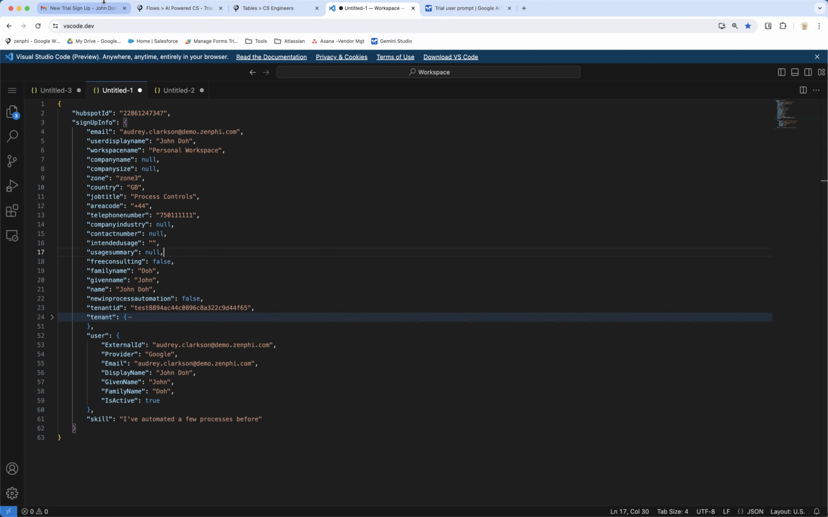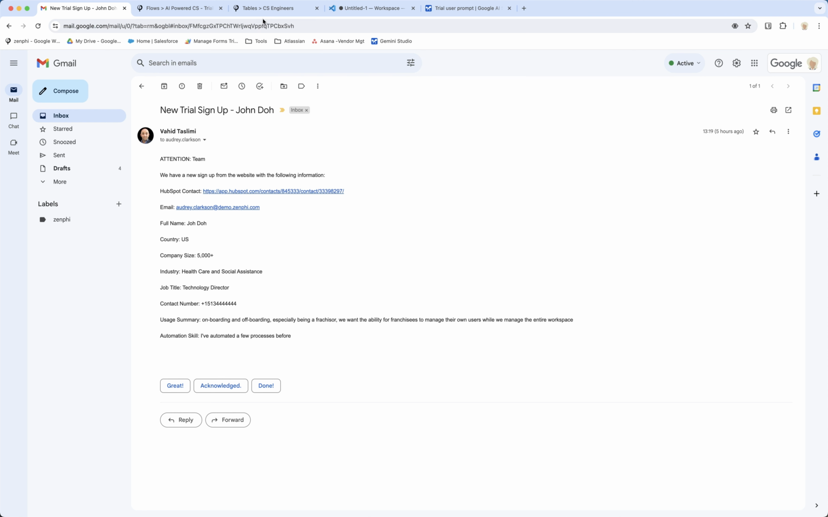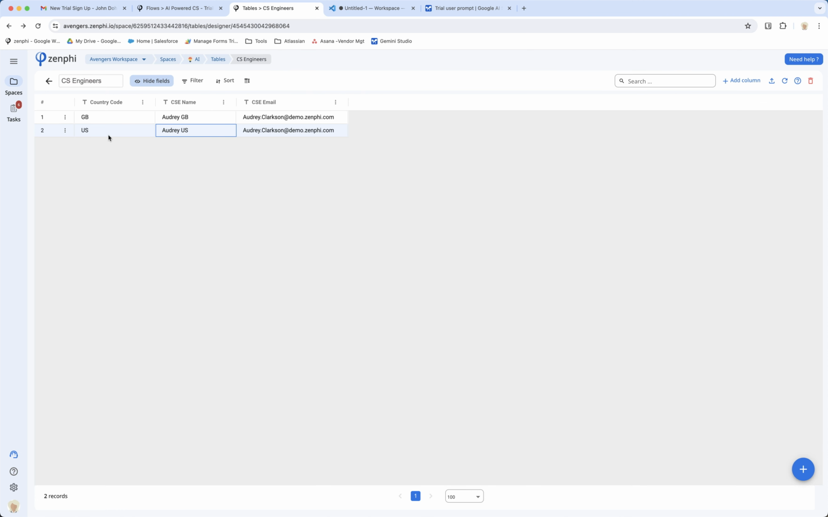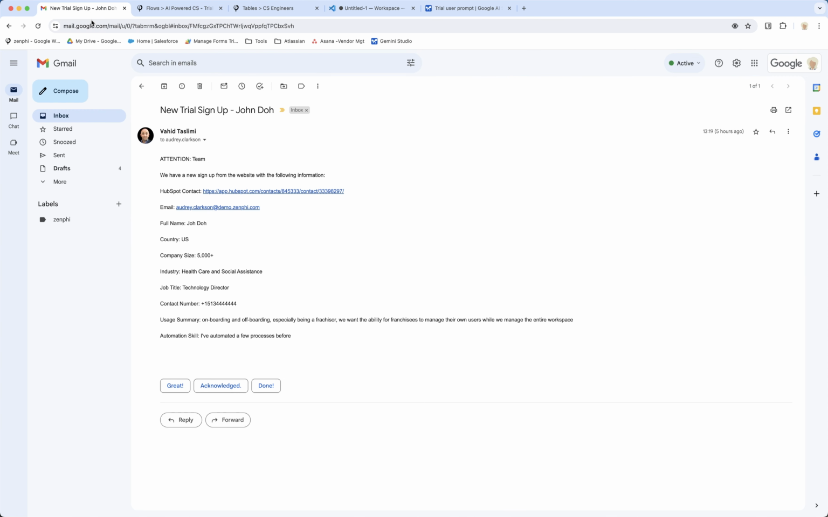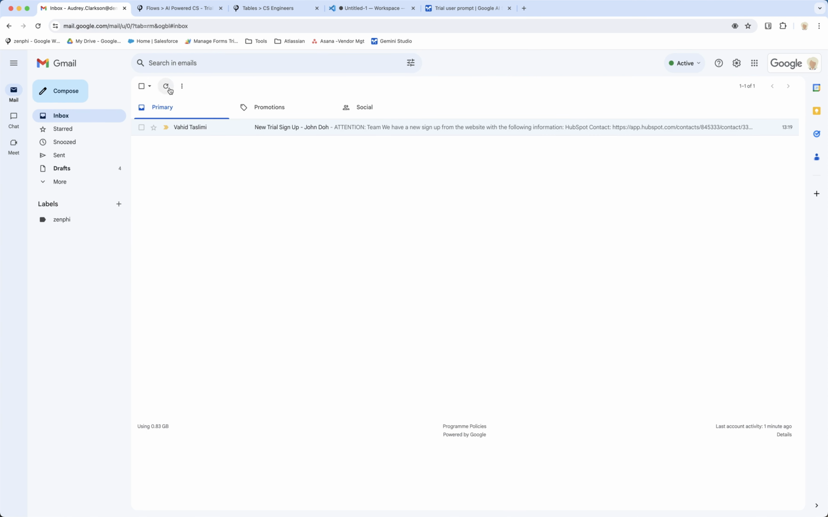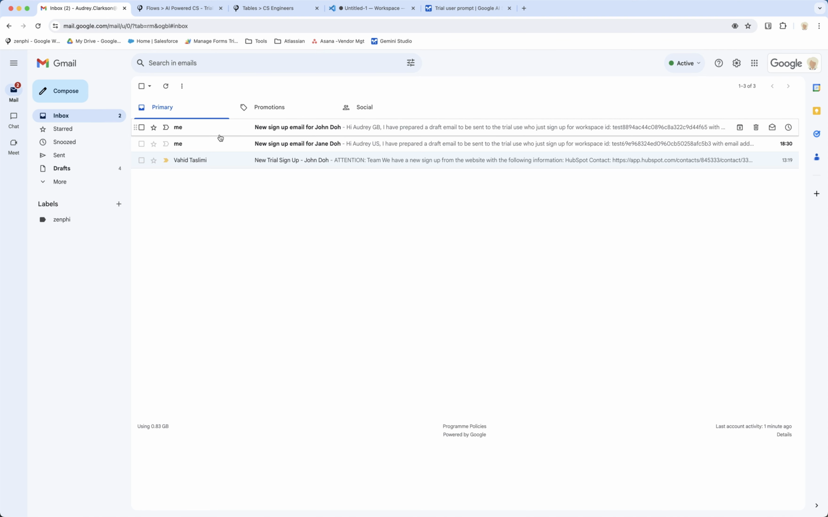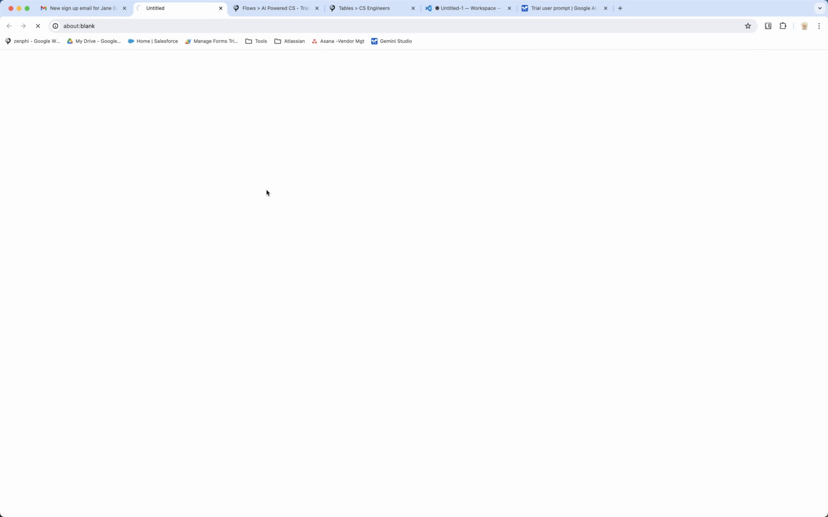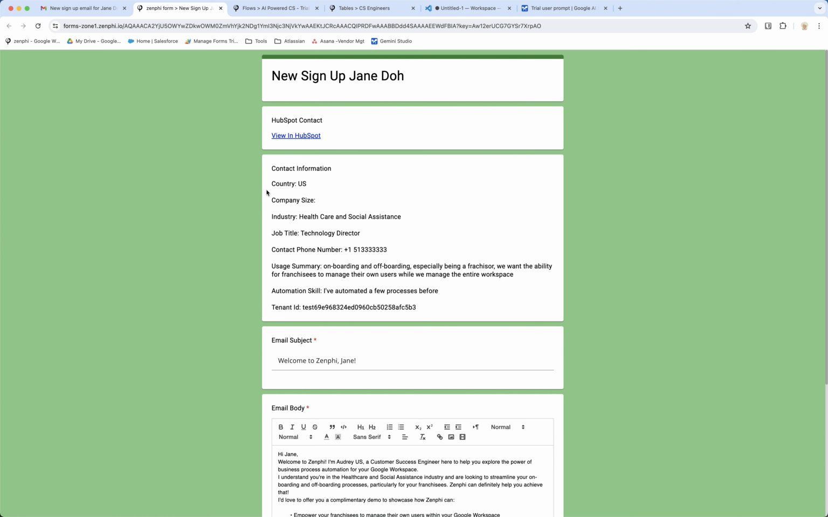Now, what's going to happen? The customer success engineer is going to get looked up from this Zenphi table, based on the region they're operating in. I created this dummy table. It's got the same email address for demo purposes, so both emails are going to be assigned to this person. As you can see, they have already received two emails. Which one was Jane? Let's have a look. So they receive an email like this,